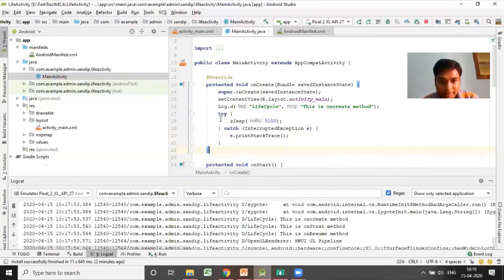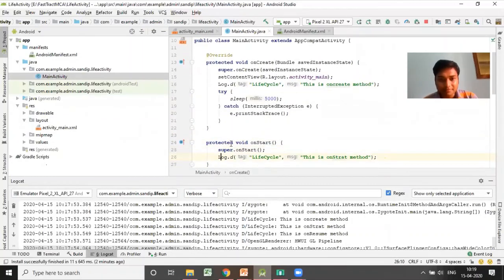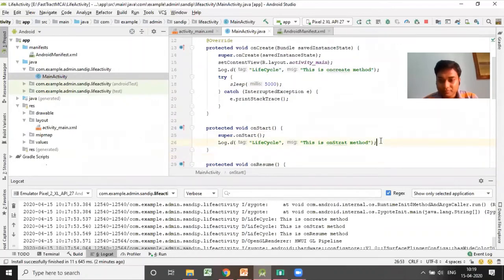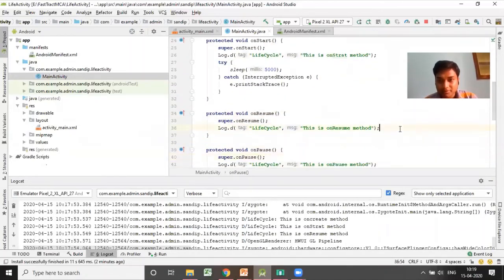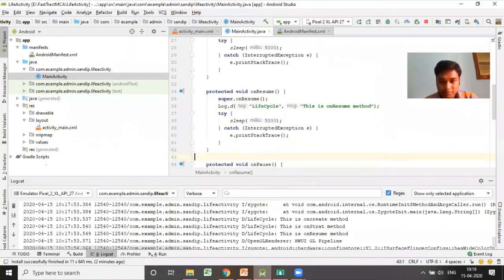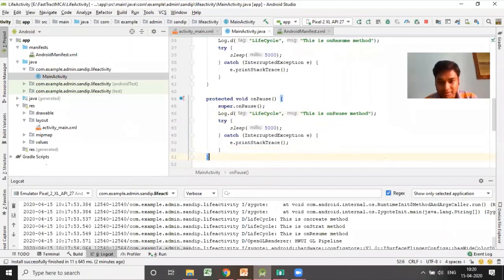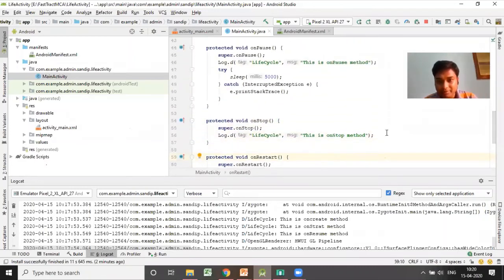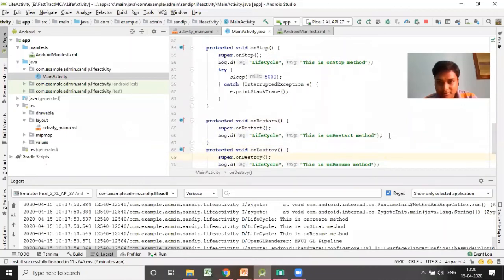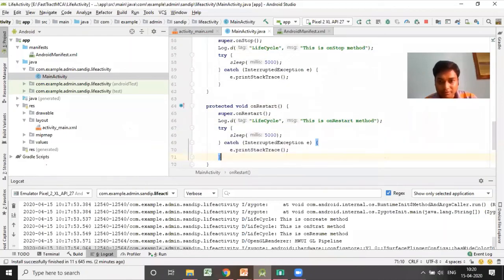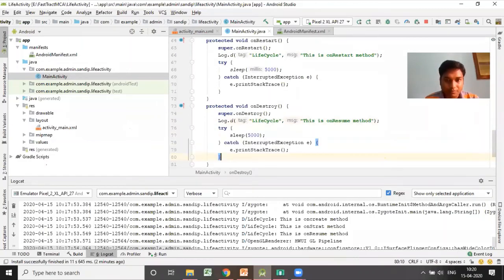Now I'll paste this portion in every method. Otherwise, it is very difficult for us to understand which method is running, because it runs very fast and we cannot trace. That's why we'll paste it everywhere.